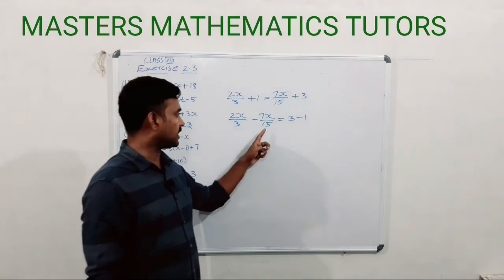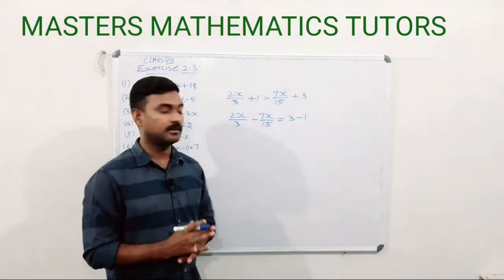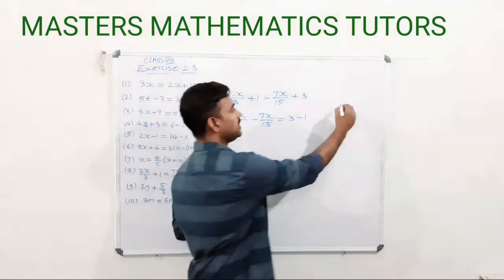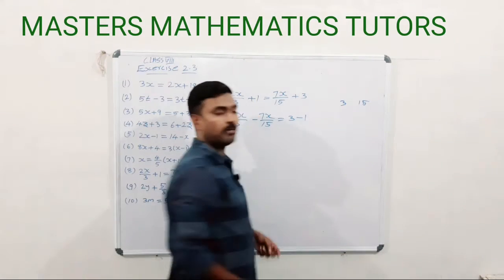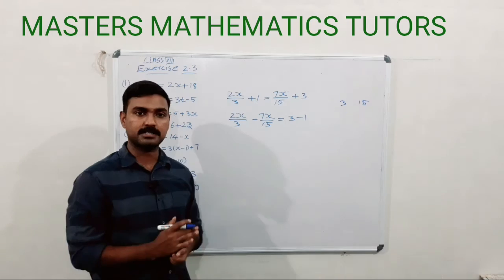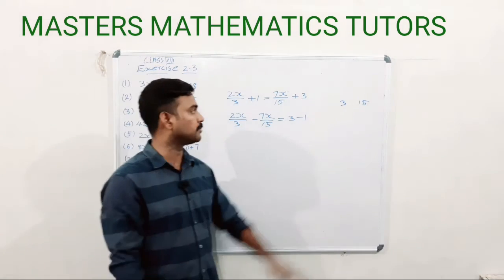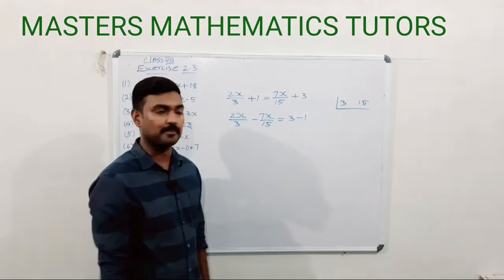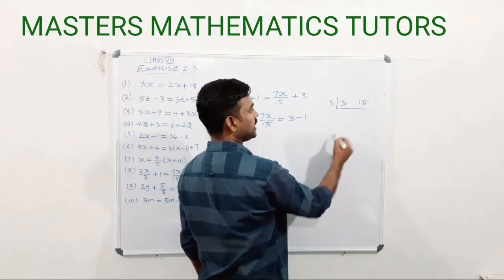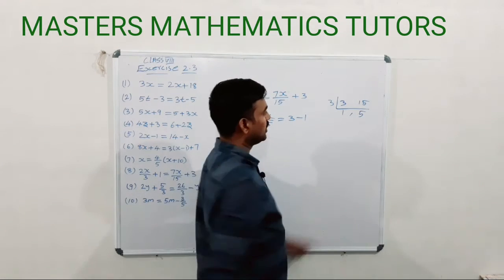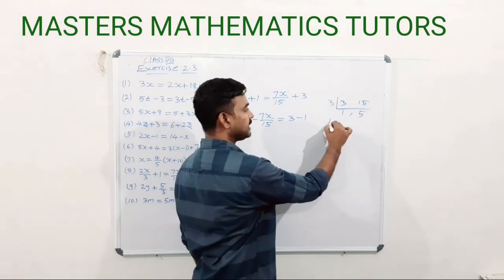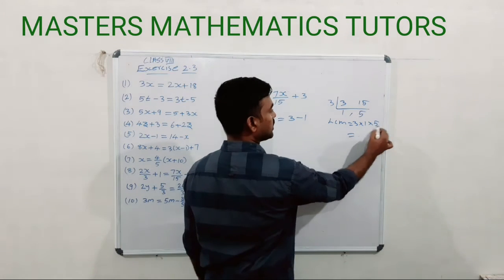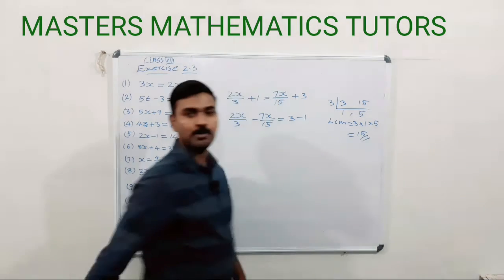Now you want to understand, whenever it is fractions, we have to be more careful about the denominators. Here the denominators are 3 and 15. Before we add or subtract the fractions, the denominators should be equal. So to get the denominator, we need to find its LCM. Here 3 one time, here it is 5 times. Now there are no common factors. So we get the LCM is equal to 3 into 1 into 5. 3 5s are 15. So LCM is equal to 15.